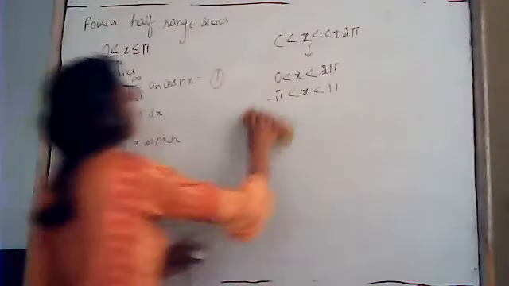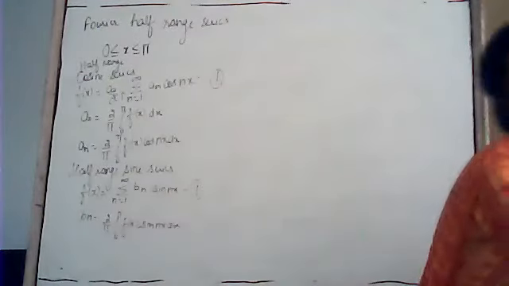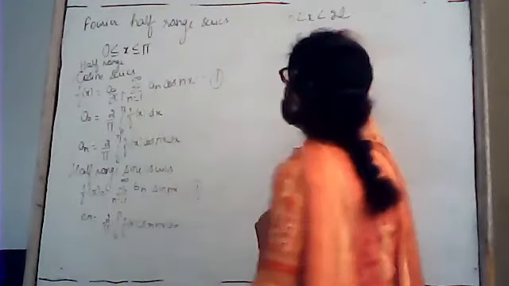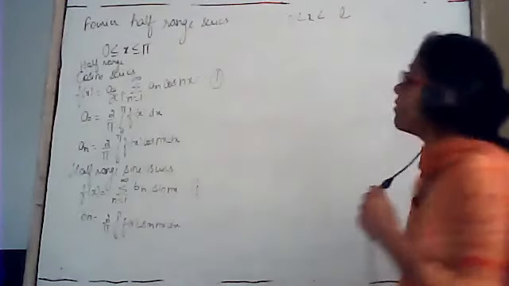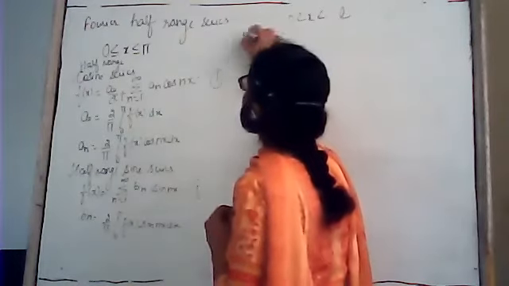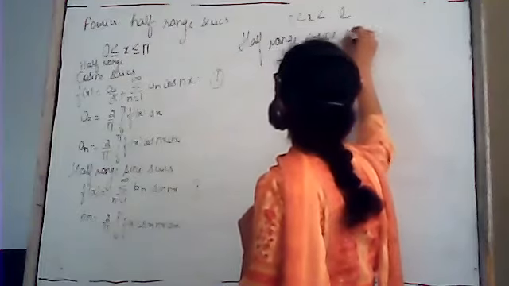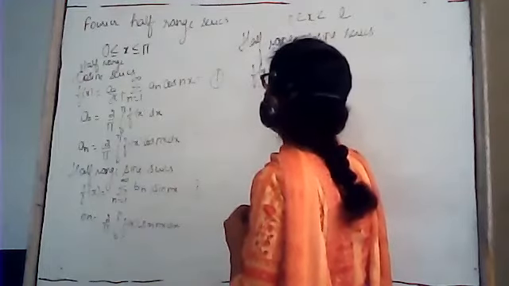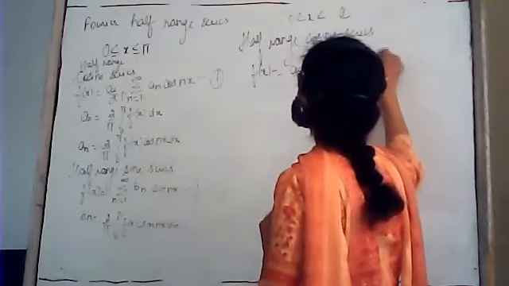After that, we are having the Fourier half range series in the interval 0 to L. We had done the case from 0 to 2L. Now in the half range series, the interval will be from 0 to L. Whenever we have the interval from 0 to L, in this case, the half range cosine series will be f(x) is equal to a naught by 2 plus summation n varies from 1 to infinity a_n cos of n pi x upon L.